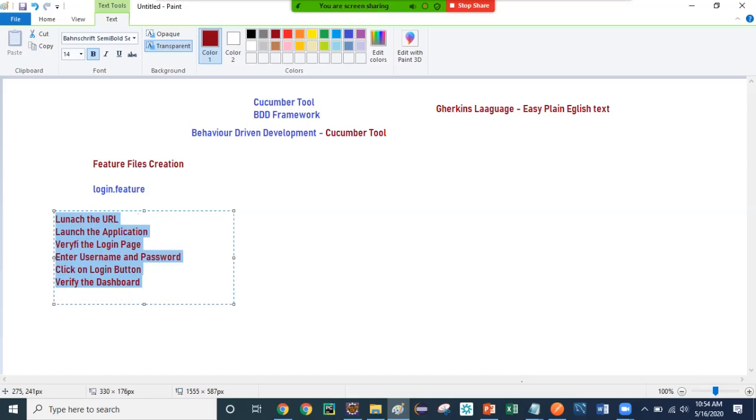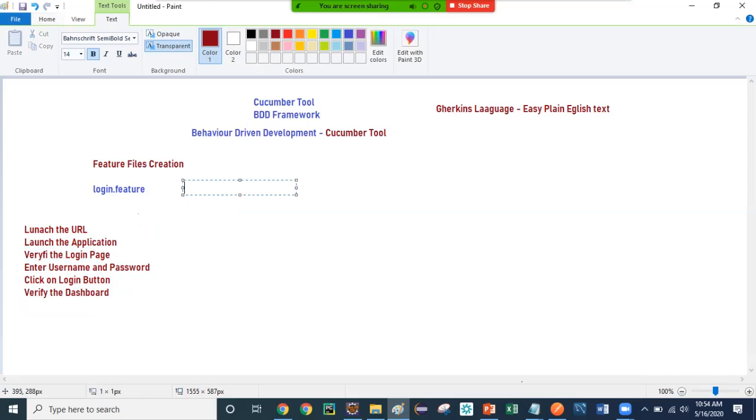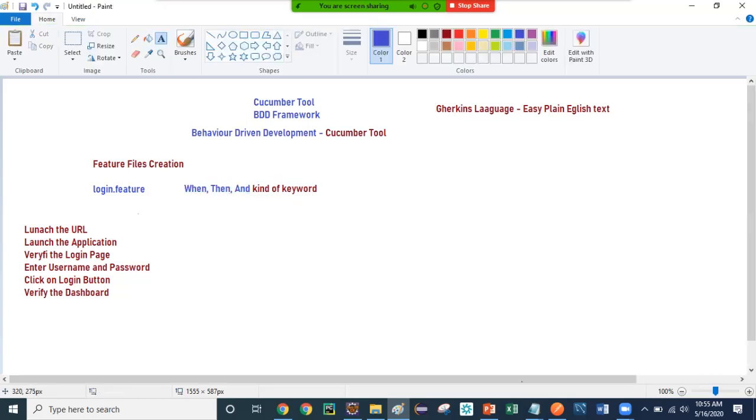Now I need to write it using the Gherkin language. So the Gherkin language uses a few keywords, like when, then, and. There is a list of keywords you can refer to, but these are a few formats like when, then, and, right? So how can I convert this manual test into the Gherkin language?